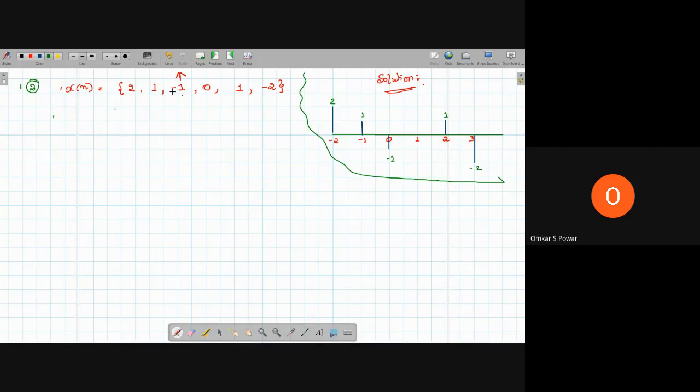The first thing you have to understand is that this arrow indicates the value at the origin. So this value is x at 0, this is x of 1, this is x of 2 and x of 3, and this is x of -1 and this is x at -2. So this arrow indicates the value of x at the origin. Please remember that, you will encounter this in the future also. If they put an arrow mark, it indicates the value of x at the origin.